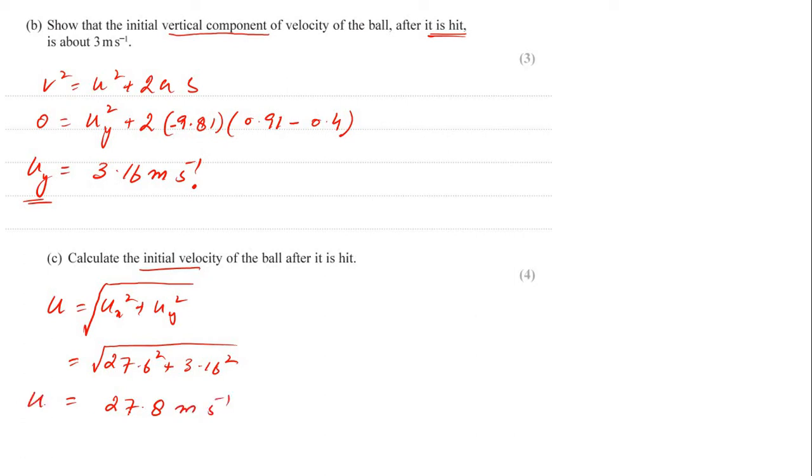This is the initial velocity. Remember, this is a 4-mark question, so something is left, because this working cannot be for just 4 marks. Definitely we need to show the remaining 2 marks, which is for the angle or